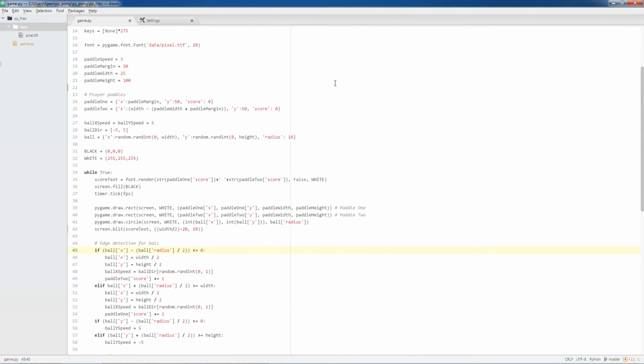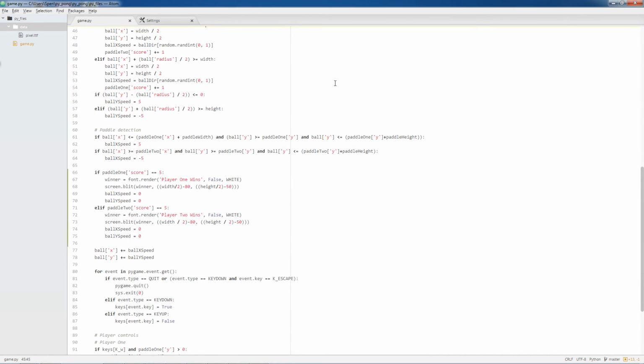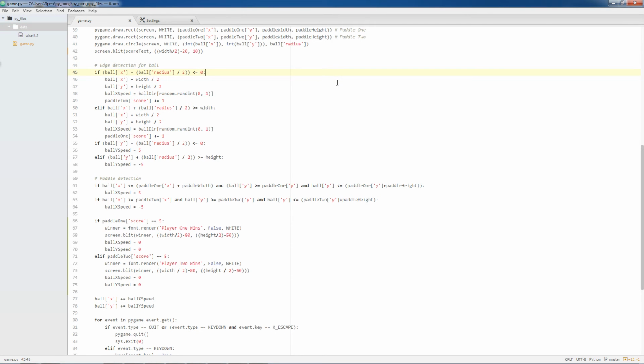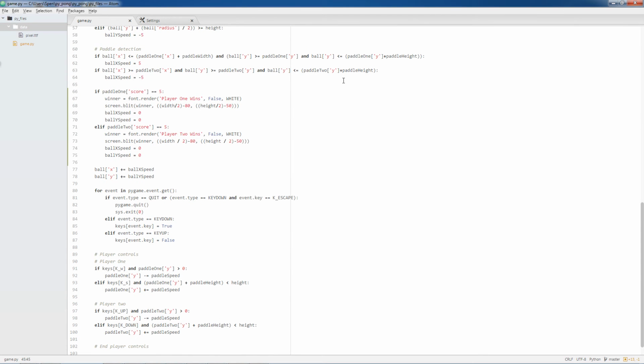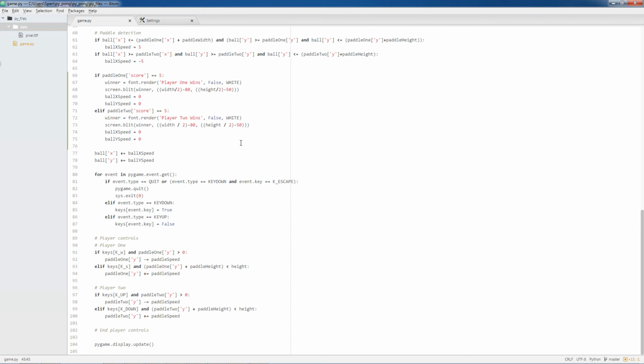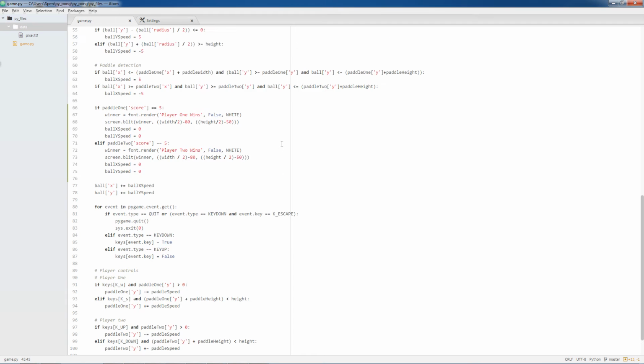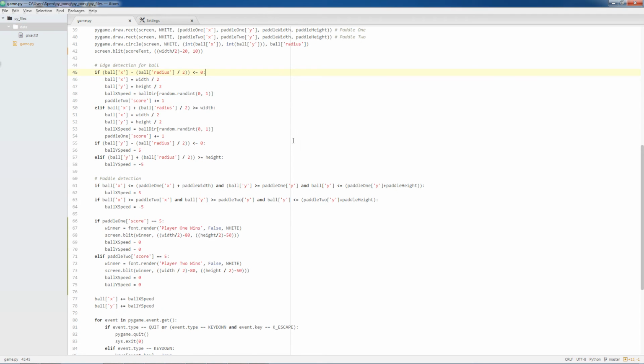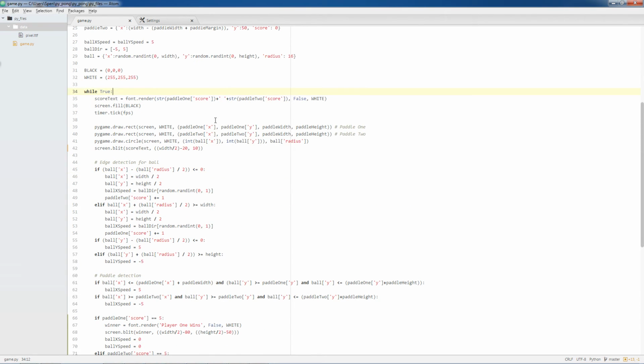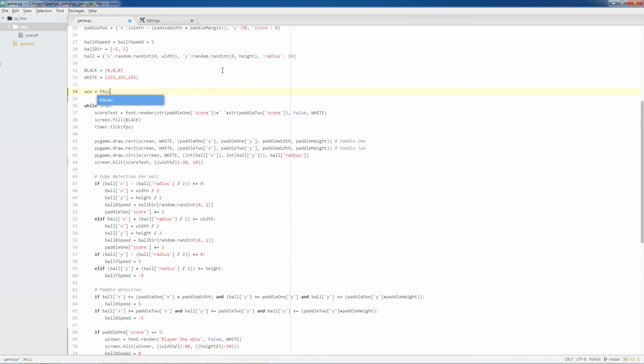Okay, so, yay, this kind of works. Ah, fair enough. We need a way to reset, I think. So, space, what key is space? Fair enough. Have I used space for anything? I thought I'd used space. Okay, so